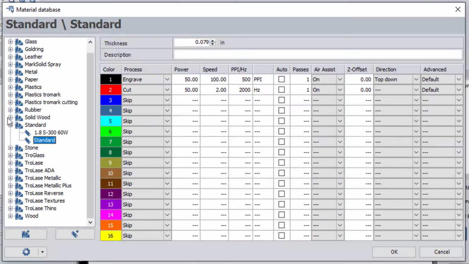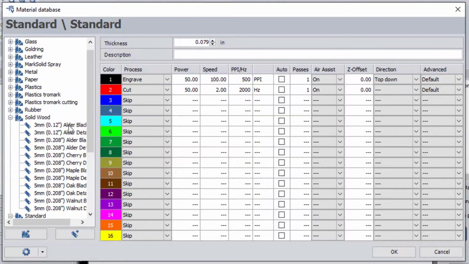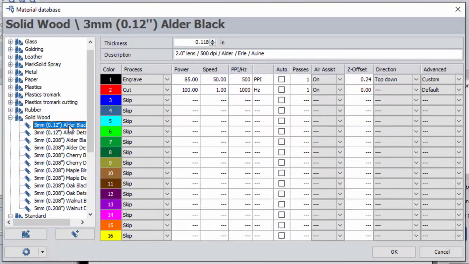For example, if I look at the solid wood setting, they've got an all their black setting in here. Now, a lot of people may not know what they mean by all their black. The fact that they've got a Z offset at 0.25 says to me that they're trying to make the engraving blacker. And again, that may not give you any depth. So you may take a look at this and say, I like this setting, and maybe I'm going to run it at 100 power, and maybe I'm going to run it at 30 speed because that's what I like the look to be. And again, that's up to you,